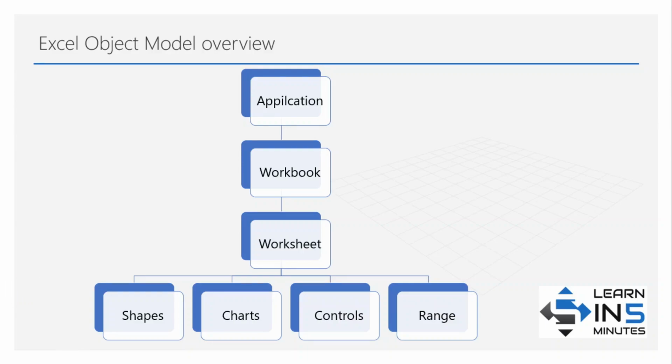The application object represents the entire application, and inside Excel there can be multiple workbook objects, and inside each workbook it can contain a collection of worksheet objects, and within each worksheet object there can be multiple shapes, charts, controls, and major abstraction that represents cells is the range object, which enables you to work with individual cells or group of cells. Suppose you want to refer any shape, then we'll first have to call the application, then workbook, then worksheet, and then that shape. Independently, we directly cannot call the shape.